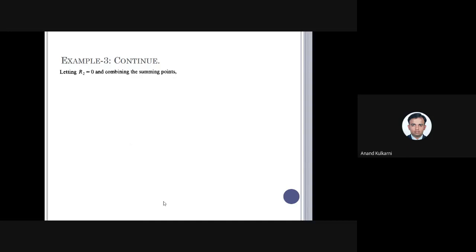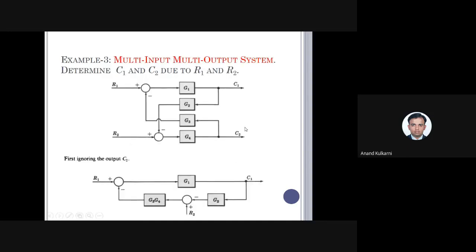Now what we have done is, just observe here. Initially we have made C2 as 0. What we have done is, we have made only one output, that is multiple input, only one output, because we know how to solve multiple input and one output problem, but we do not know how to solve multiple input, multiple output problem. So what we do is, we consider one output as 0. Once one output is 0, we slightly simplify this block diagram. So it will be the condition like multiple input and single output problem.